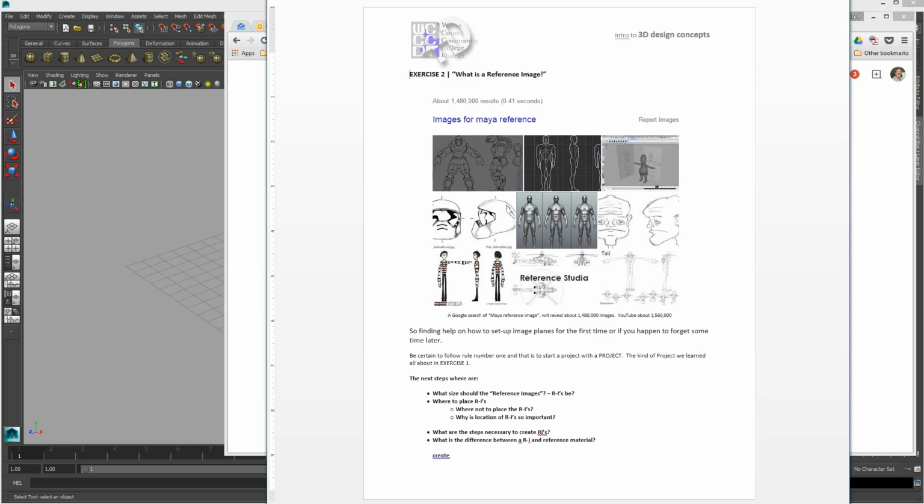Okay, so this week the topic is reference image. What is a reference image? And the exercise is to set up a Maya scene with a reference image. So what you'll be doing for the discussion board is at the bottom of the sheet. But what I wanted to do is just go over how we're going to set it up in